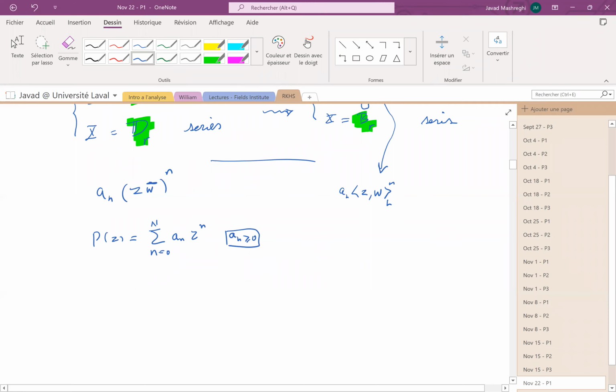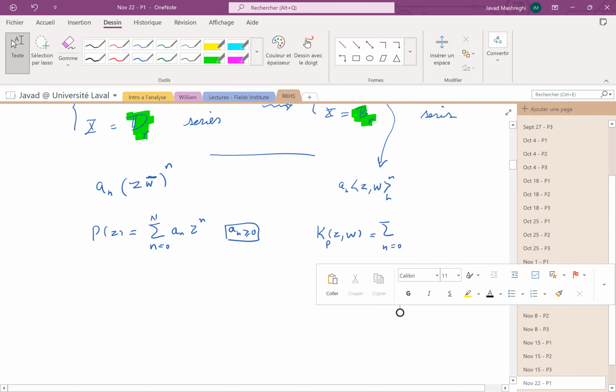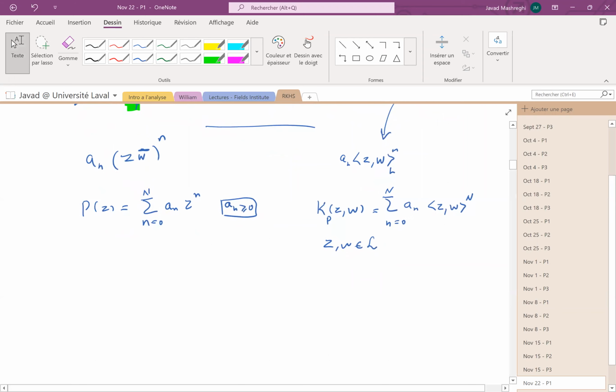Well, we can define K P of ZW to be the sum from n equals 0 up to n of AN times the inner product of ZW exponent n, where Z and W are elements of a Hilbert space L. Well defined. We want to prove this is positive, but it's kind of trivial because